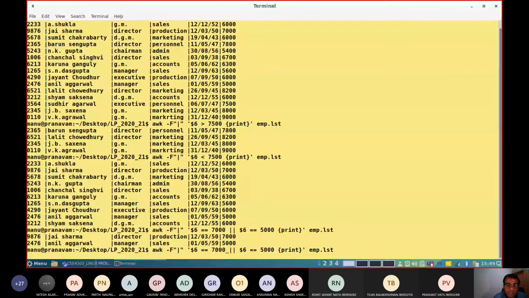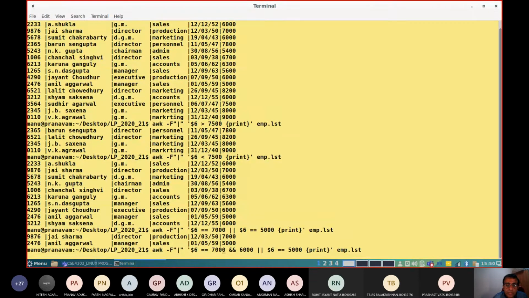Let me try another comparison command. The sixth field cannot have both values, okay, sorry, this is wrong logic.